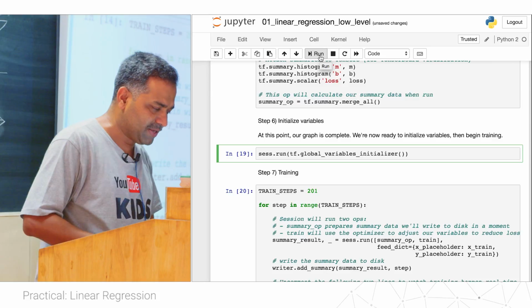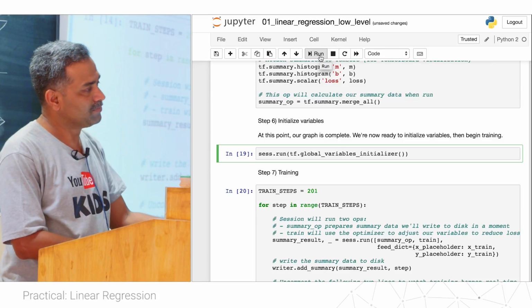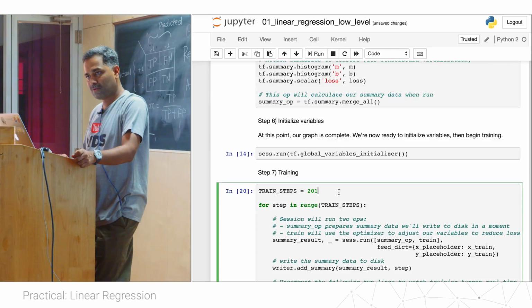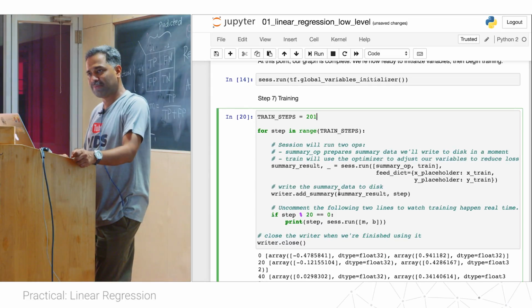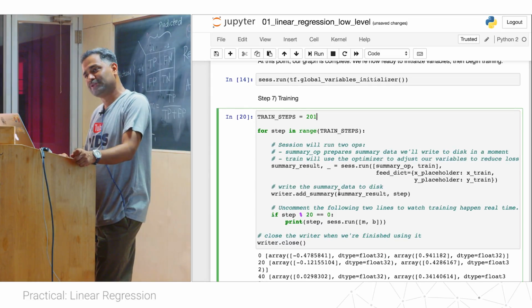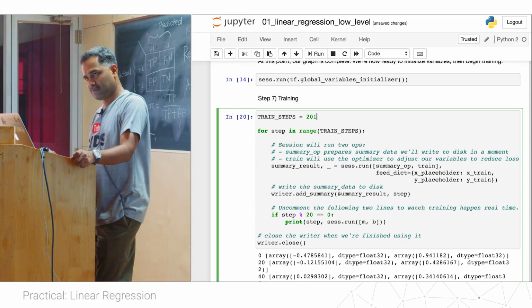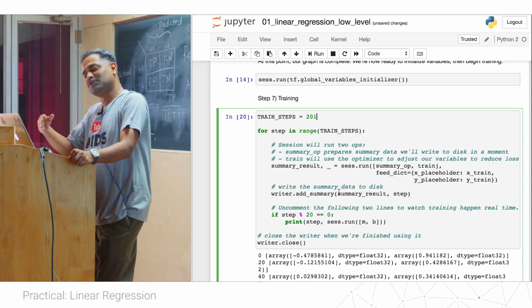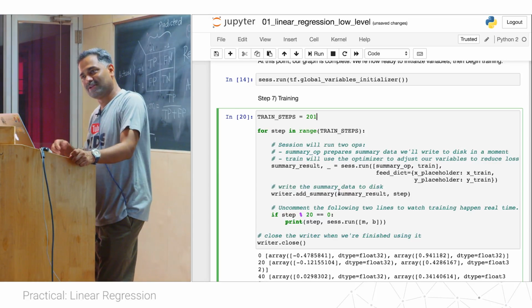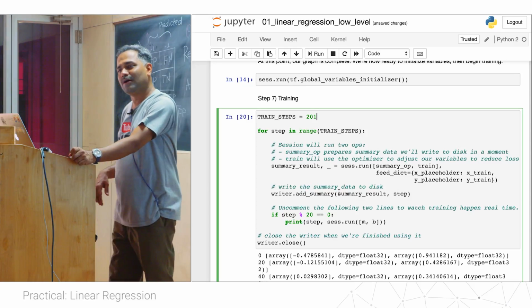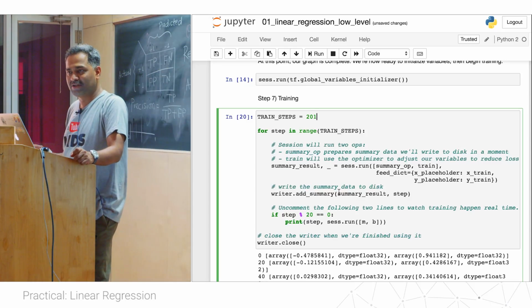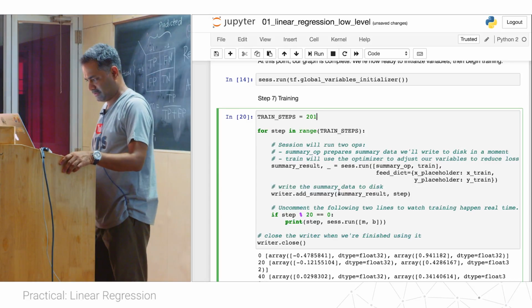Now that we have initialized the variables, we are going to do the training. Is there any other type of initializer other than that particular one? No, this is how you initialize a variable. Sometimes you can also initialize a variable where you are defining it. That is also possible. But irrespective of that, you should call this anyway. Then all the variables get initialized, either to the default initial value or whatever initial value you have specified at the time of variable definition.